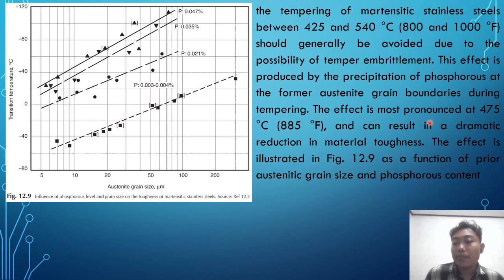The effect is most pronounced at 475 degrees Celsius, or 885 degrees Fahrenheit. It can result in a dramatic reduction in material toughness. The effect is illustrated in picture 12.9 as a function of the prior austenite grain size and phosphorus content. This is picture 12.9. The next,